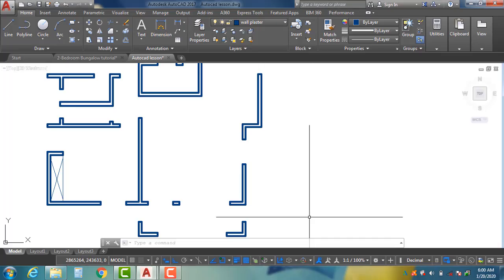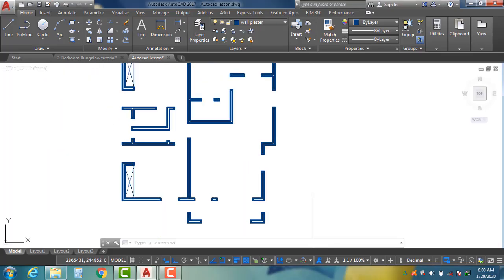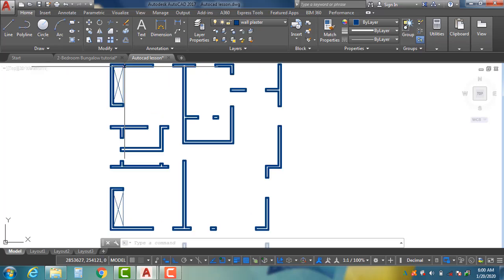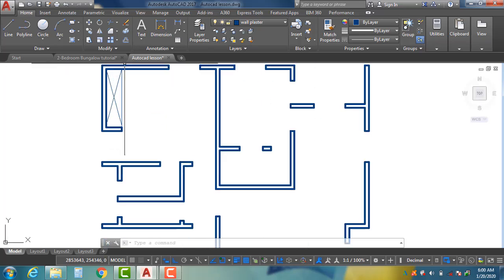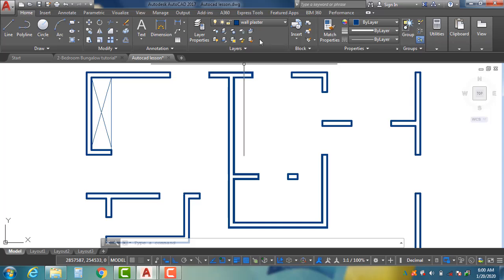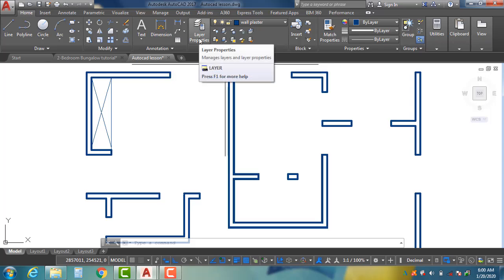Yes, in this next lesson of the AutoCAD tutorial in our 2-bedroom bungalow, we want to talk about wall arch. Now, we want to give our walls more beauty by arching the internal space of these walls. So what we need to do first is create another layer, because wall arch needs to